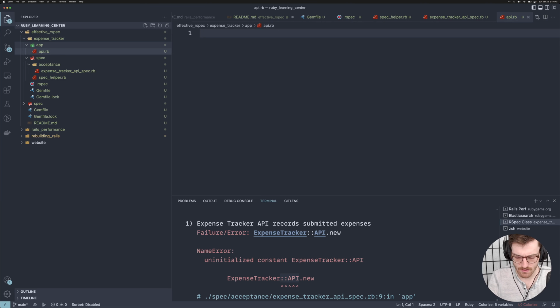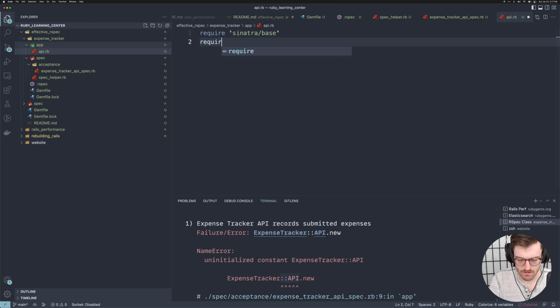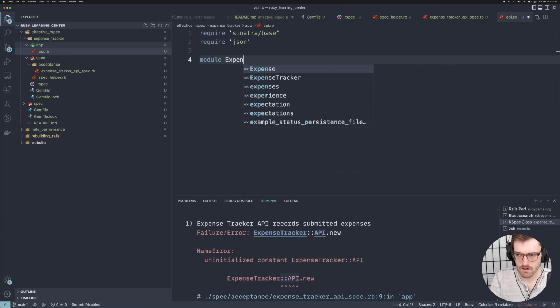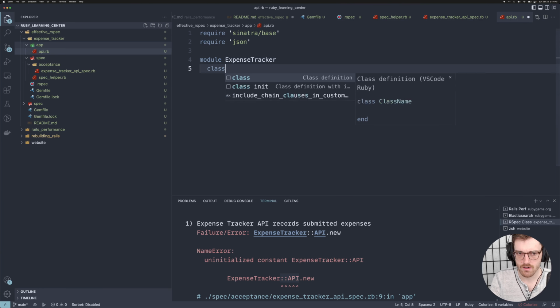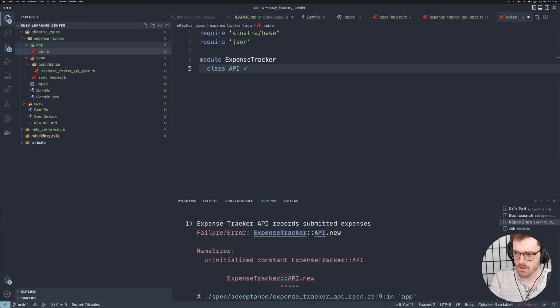Okay. Require Sinatra base, require that. So we got those, and then in the expense tracker API spec,